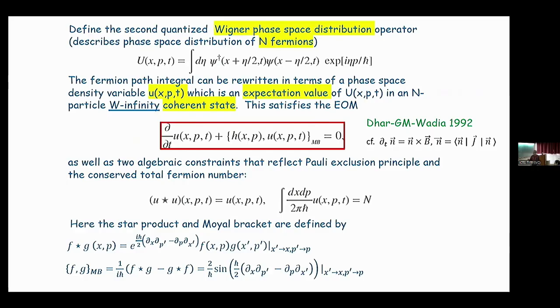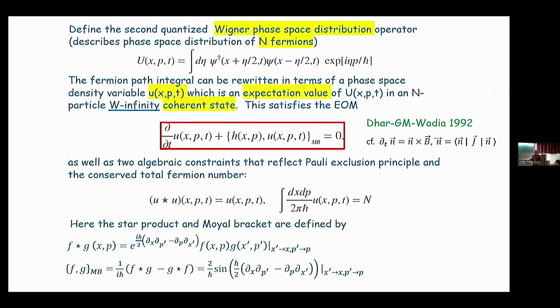So the star product here is defined like this, which you can see is an h bar deformation of the ordinary product. If you put h bar equal to 0, it becomes the ordinary product. And this Moyal bracket is defined in terms of the commutator of the star product. In the h bar going to 0 limit, it becomes a Poisson bracket. Excuse me, there should be f and g just like this here. Okay, all right. So let's go.